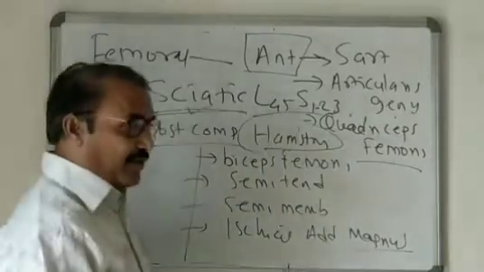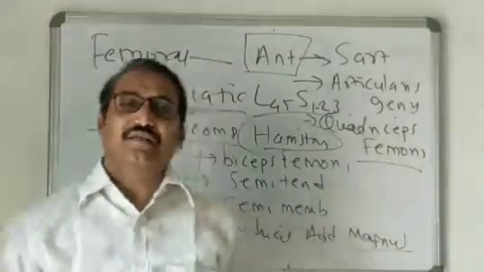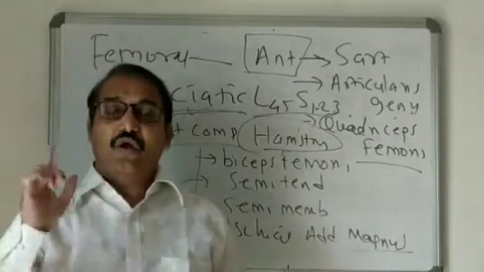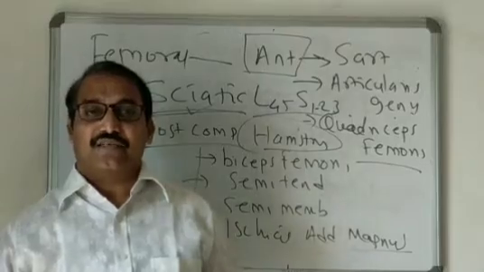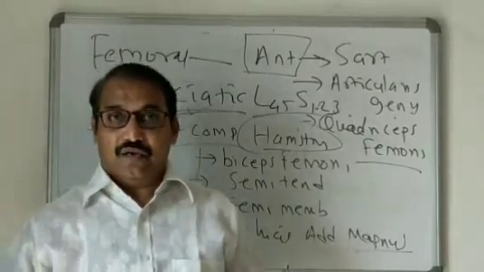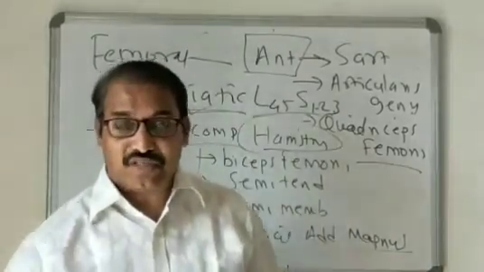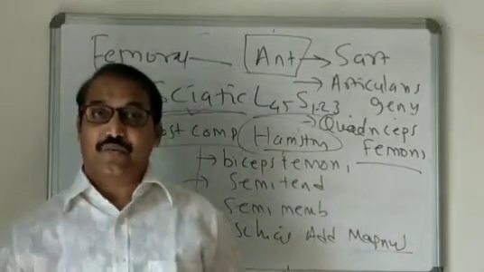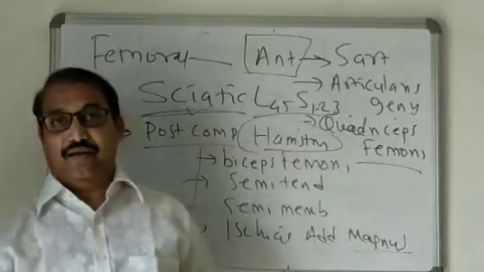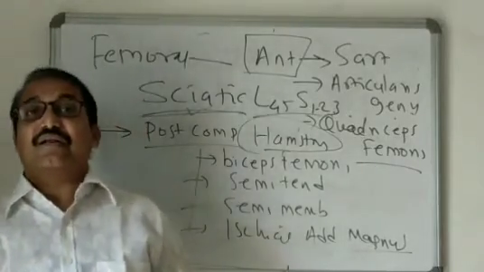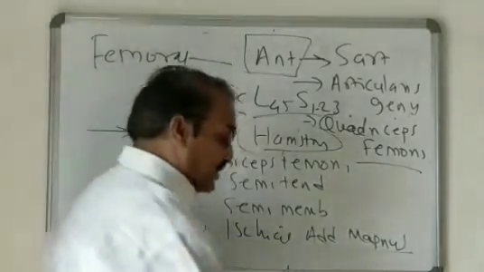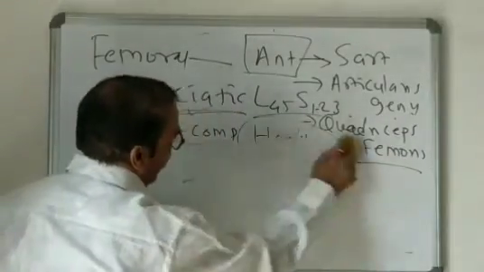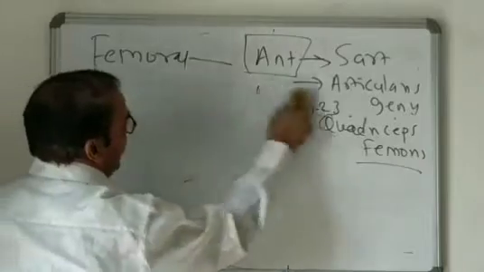Now, the femoral nerve, after supplying the anterior compartment, ends in the anterior compartment. It gives the longest cutaneous branch, the saphenous nerve, which goes up to the great toe. The saphenous nerve is a branch of the femoral nerve, and it goes up to the great toe as a cutaneous branch and supplies there. It lies along with the great saphenous vein. That's why it is called the saphenous nerve. Saphenous is a Latin word; its English meaning is easily seen.